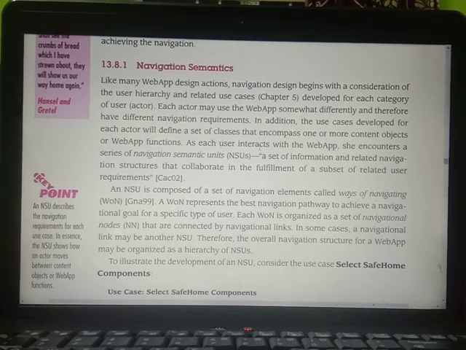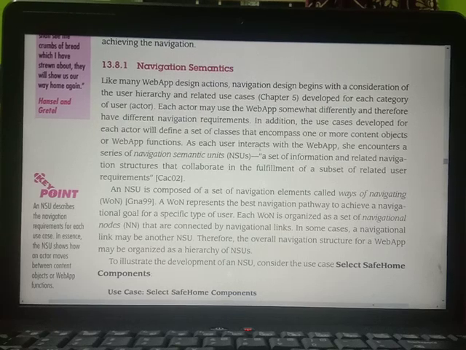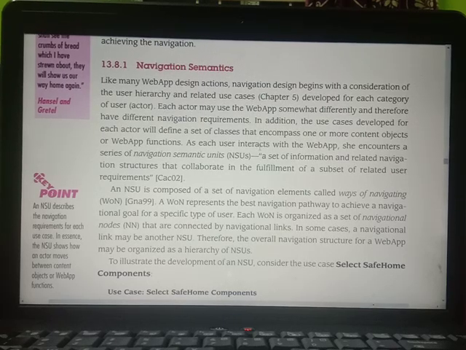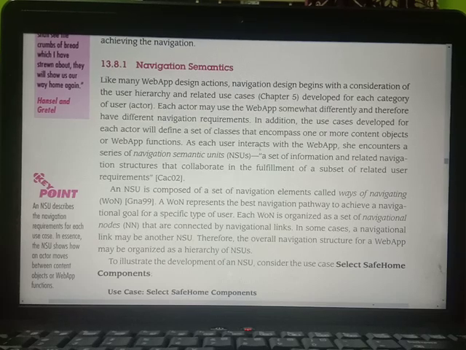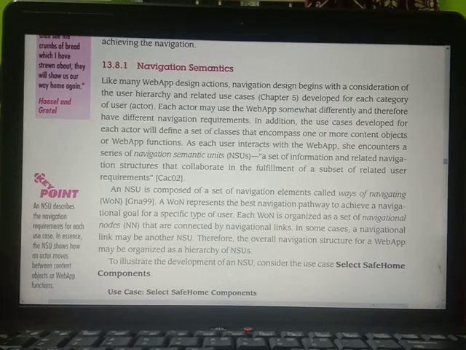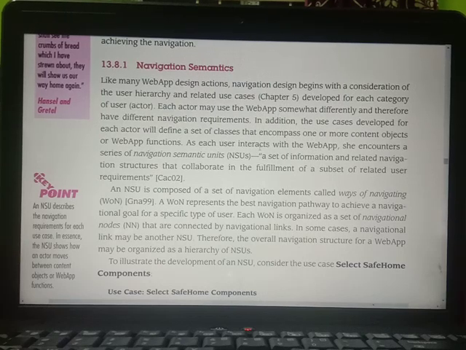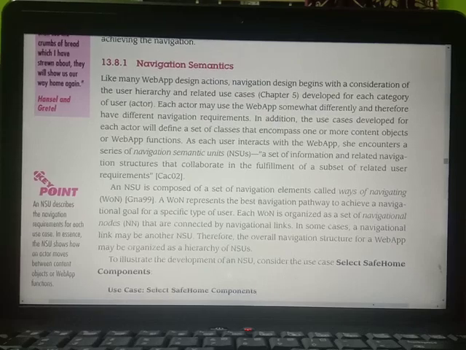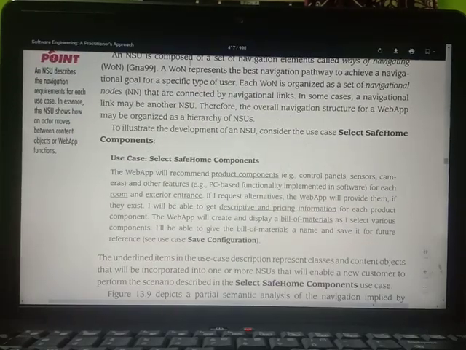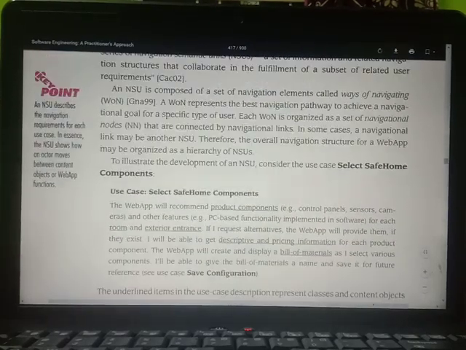As each user interacts with the web app, they encounter a series of navigation semantic units, called NSUs, that define a set of information and related navigation structure that collaborate in the fulfillment of a subset of related user requirements. So an NSU is composed of a set of navigation elements, that is, the ways of navigating.